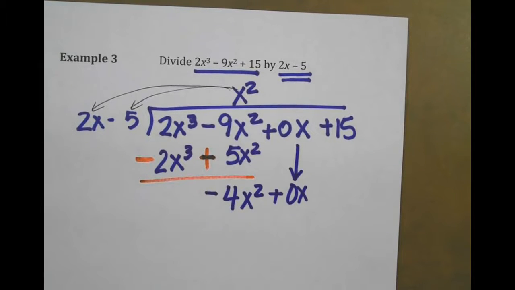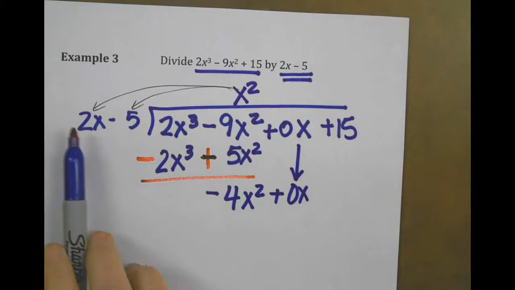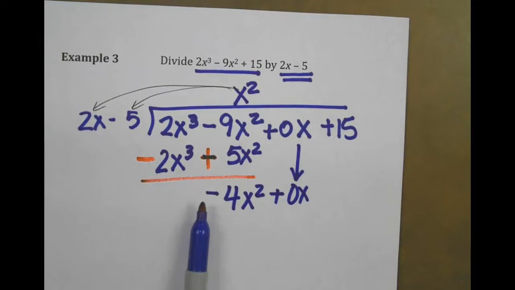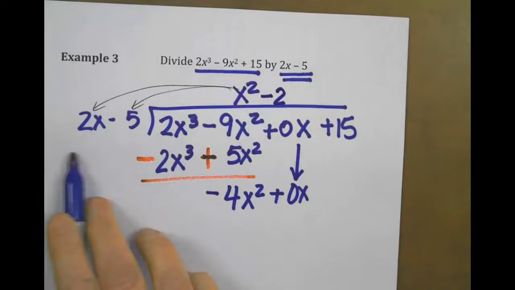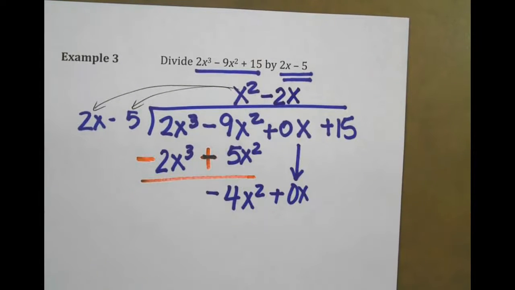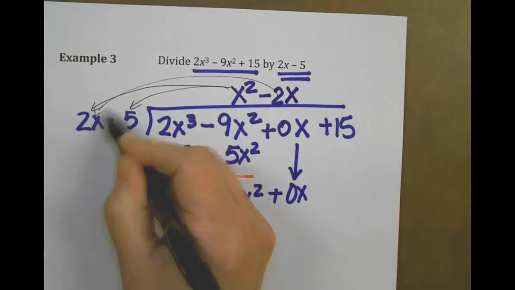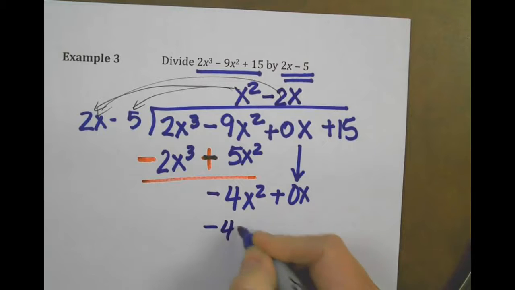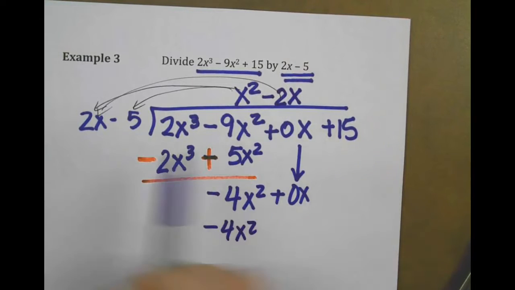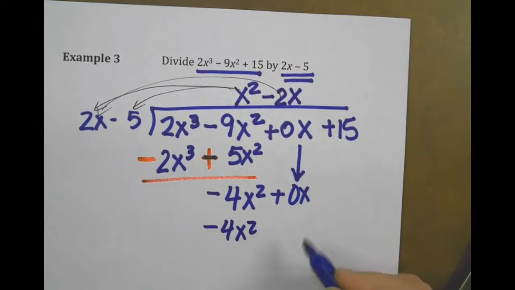This might explain a little bit better for you why I have to have a 0 here. So what do I multiply 2 by so that it would be equal to -4? And I also need to multiply by an x. If I multiply that by the 2, I get -2 times -5 would be